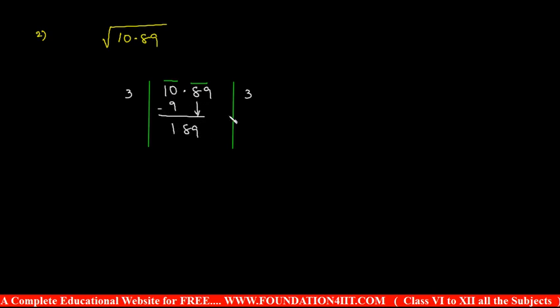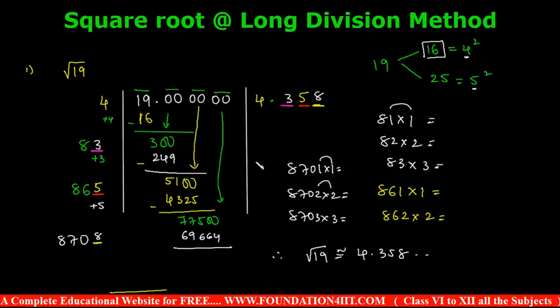Next set, if you take down 89, I took the set after the decimal point, so we can keep the point here. So what we need to do, the same number you can add, that is 6. After 6 and here it should be the same until 189 you reach. 63 3s are 189, exactly we got. So 3.3. The square root of 10.89 is equal to 3.3. It's a perfect square, so we got zeros completely at the end. If it's not a perfect square, you keep on continuing. Okay, this is a technique you can follow for square roots using the long division method.